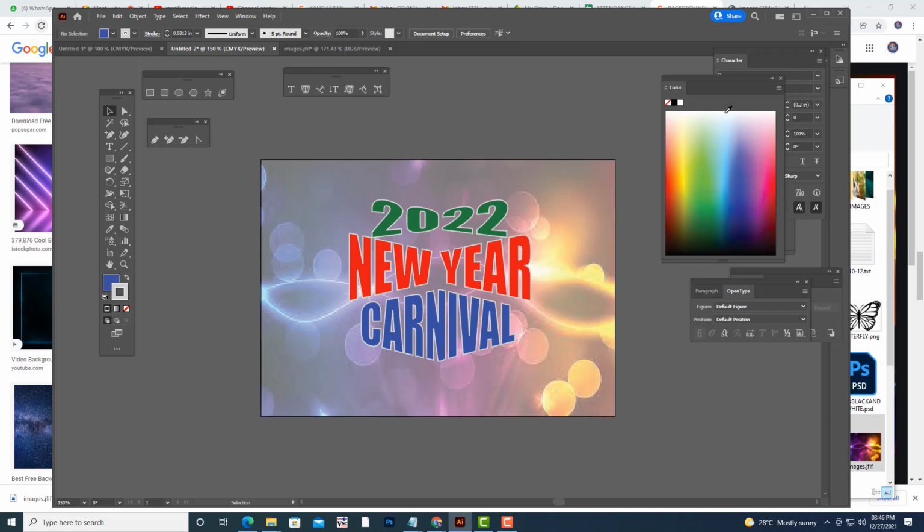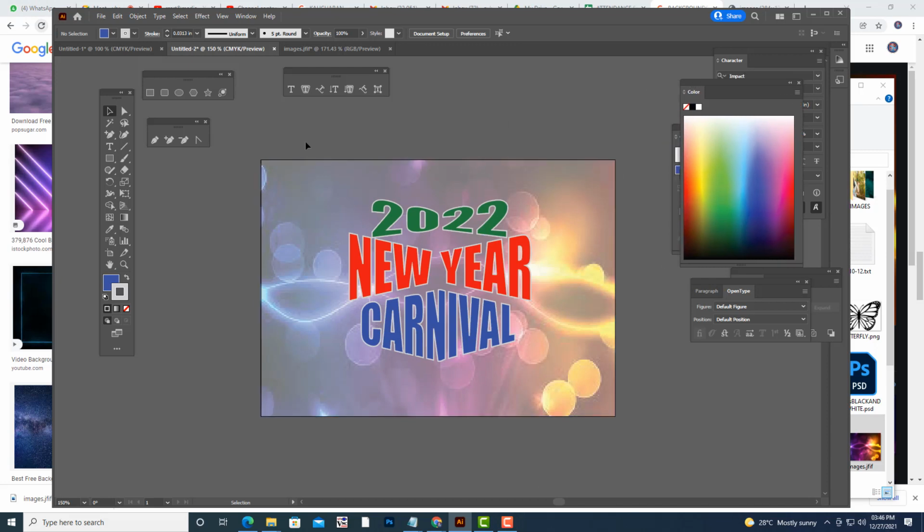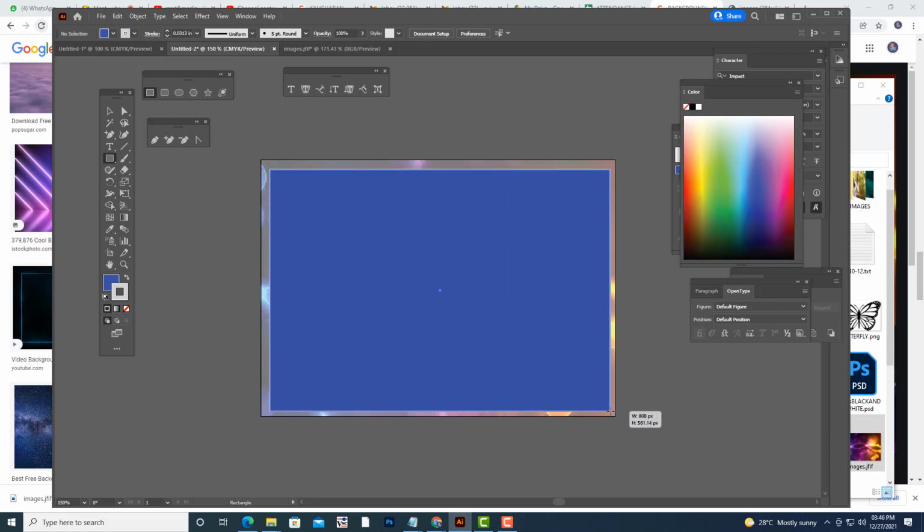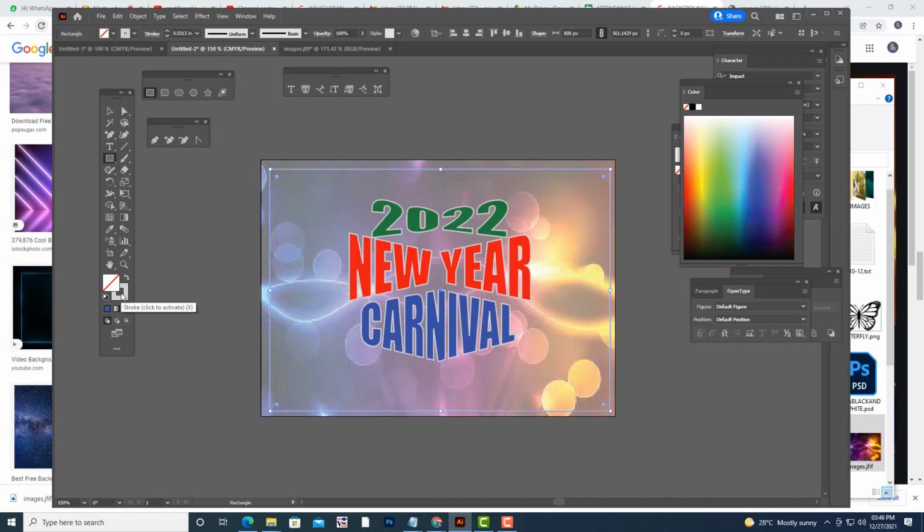To make it more interesting, one thing we'll do is take a rectangle and turn off the fill. Then here we can take this ellipse and give it some color.